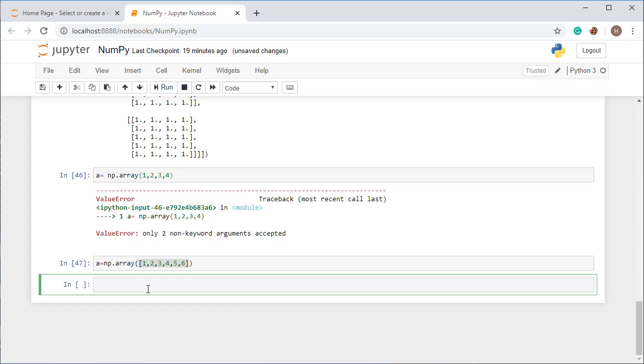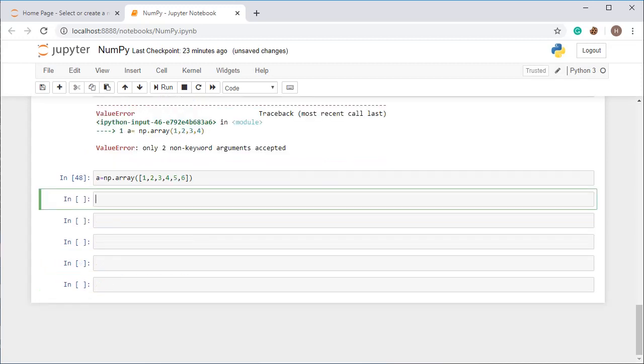Alright, so in this way we can create arrays, and now I will show you how to convert, that is, transform these arrays. One transformation is by data type. Another transformation you can make is with the help of arange. See, we have created this A as a 1D array. Now I am going to show you how to transform this array.